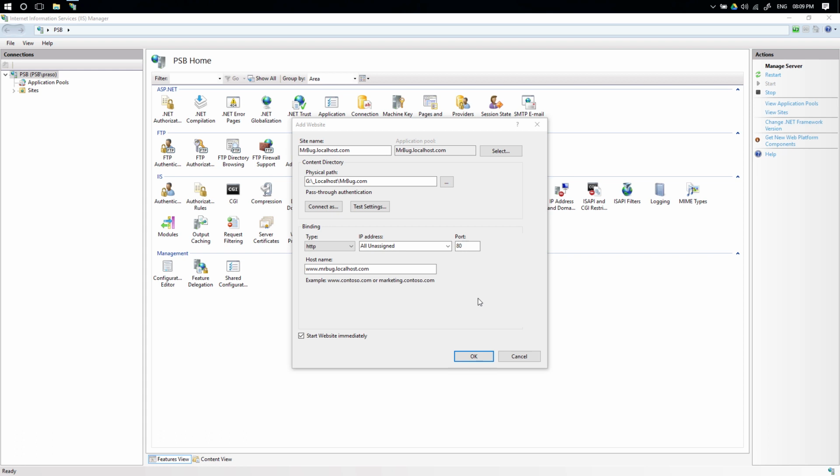I prefer localhost as a postfix. That will also remind me that the site is running in my local IIS. Or sometimes I add a prefix like dev, that is development, to differentiate my project under development from one which is already completed.